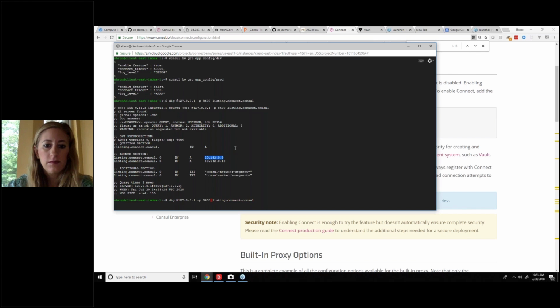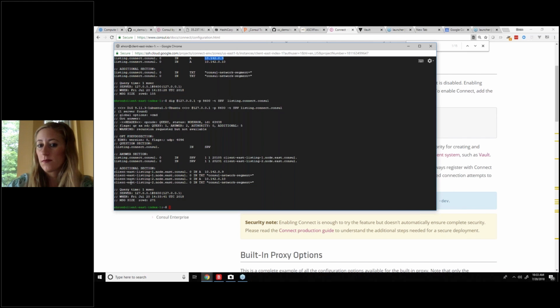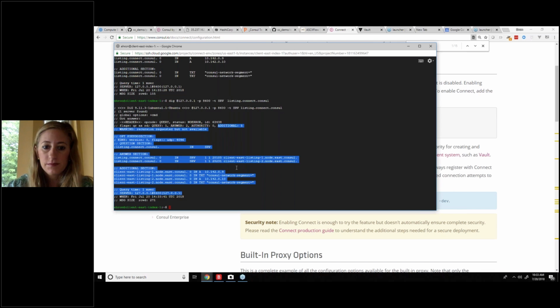Consul also supports SRV records. So if we also do an SRV record, then we can actually find the port. And this is just an example, but this is the way that Consul would provide both the IP address and the port. The neat thing about this is when I register a proxy,